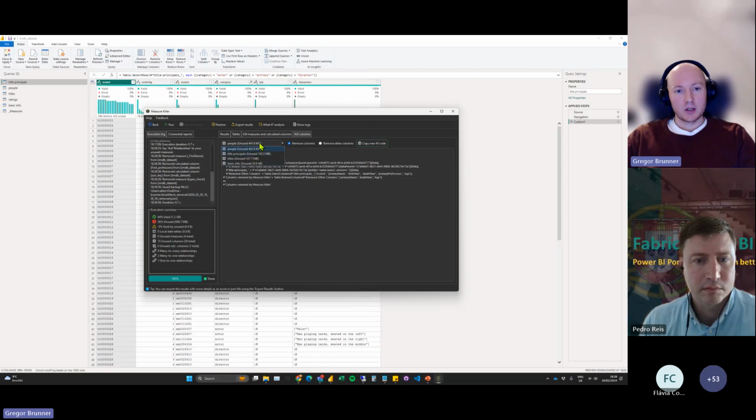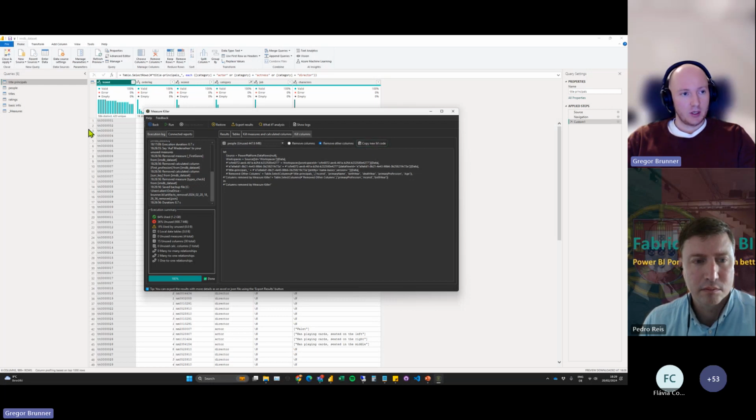And why do I get this? Because that's how Measure Killer kicks out those columns. It adds a step to the Power Query M code. It adds a step, remove those columns. So let's see. The people table has most of the unused stuff. So I'm just going to show this for now. And maybe we don't have to do everything, but I'm just going to show this one table. But you need to do it for all of them, obviously. I have the choice of doing a remove columns or a remove other columns. I prefer to remove other columns, but in the end, it's going to be the same thing.